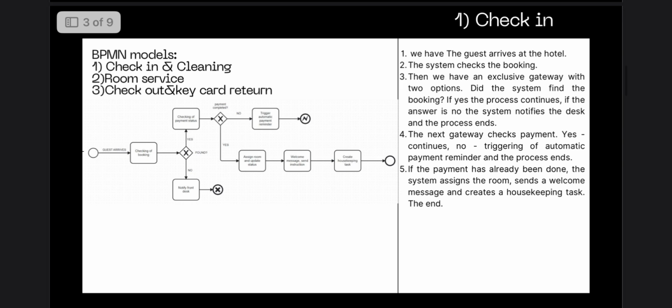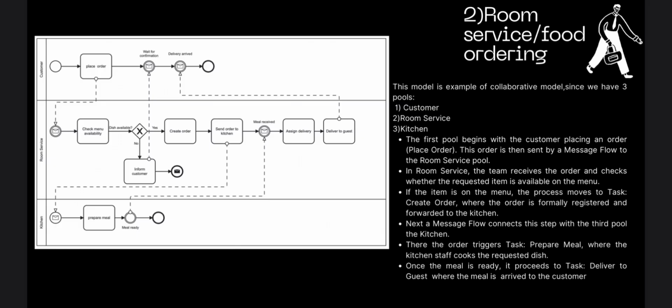The next gateway checks payment. If yes, it continues. If no, triggering automatic payment reminder, and the process ends. If the payment has already been done, the system assigns the room, sends a welcome message, and creates a housekeeping task. That's all. The next model is an example of a collaborative model, since it has 3 pools, which is customer, room